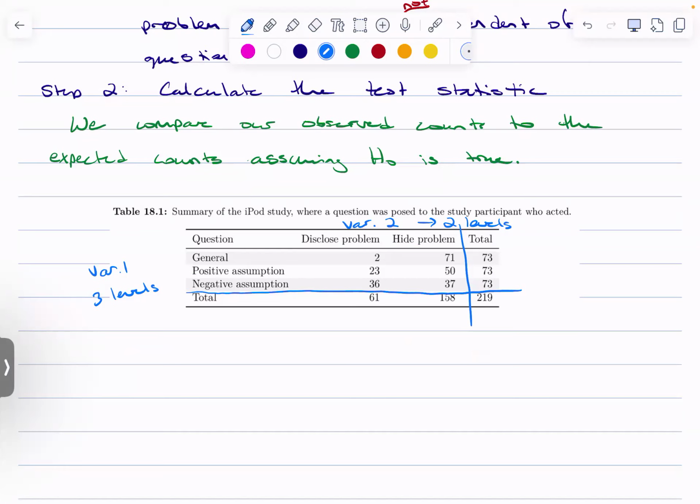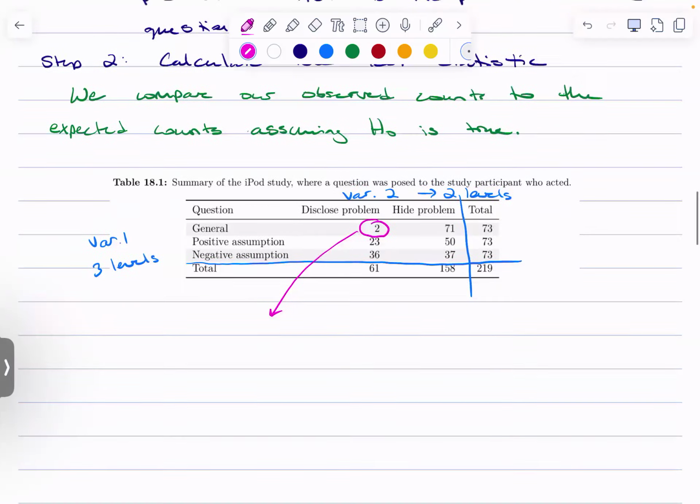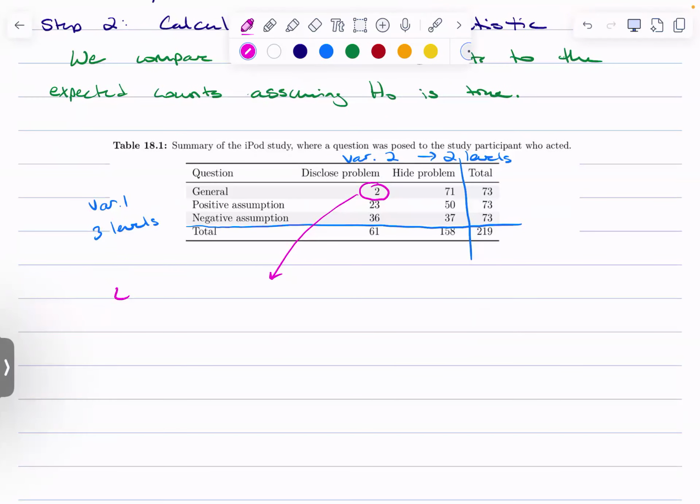Now I give you the formula on the formula sheet for each of the expected counts, but let's talk about kind of why that is. So for this 2, let's talk about our expected count. I have an observed count of 2. I suspect it's a little bit low because I expect a higher count. And so the expected count